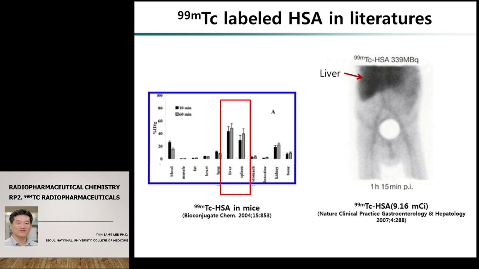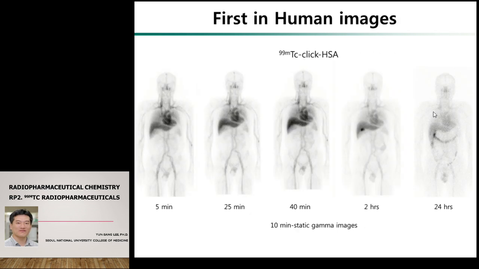Technetium albumin scan, we have used for normally more than 30 years. We understand why, we didn't think about why the liver uptake is high, but we try to make some different chemistry, so we could get a somewhat different image from the technetium albumin image. I think that is maybe the next step for technetium labeling compounds, just like a technetium nano compound. Okay, this is the end of my presentation.